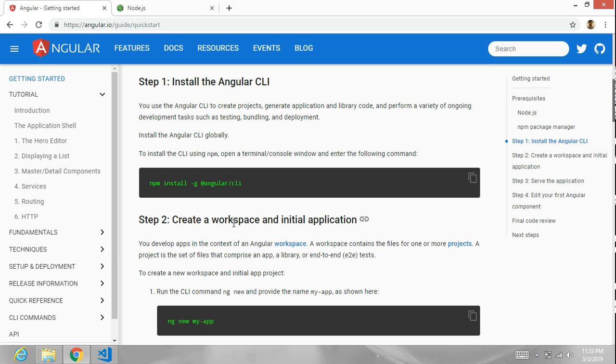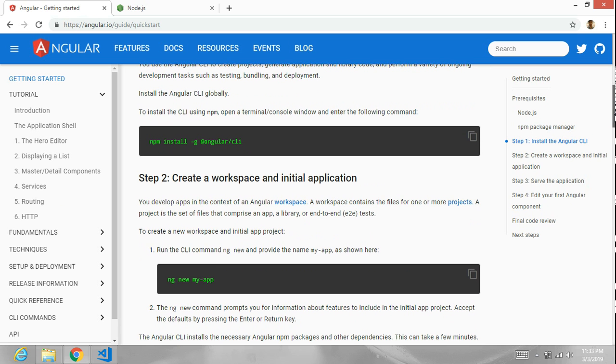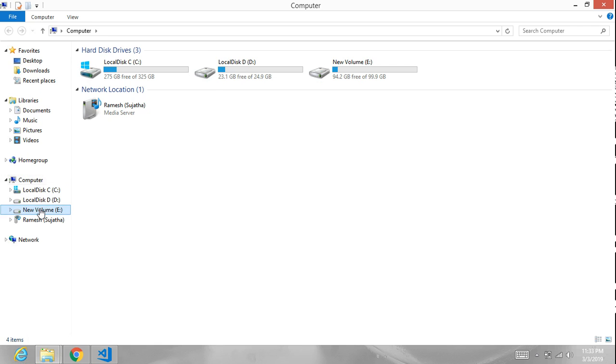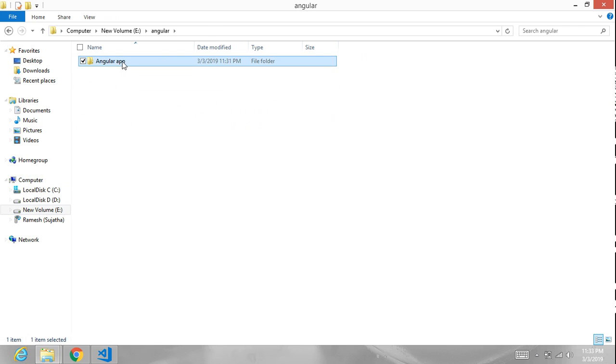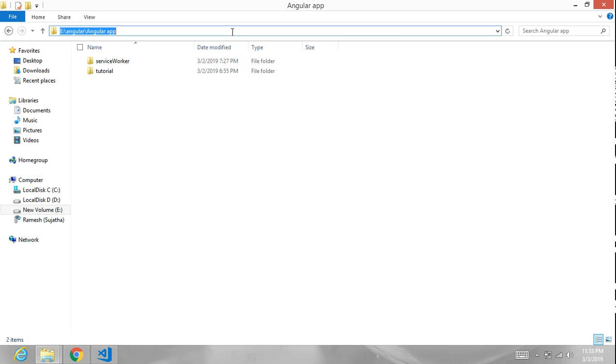Then we need to have a workspace, because all the Angular applications we develop live in one so-called workspace. I have created one workspace called Angular apps. This workspace can contain one project or more than one project, and I created many projects there. So let's create a first project. Go to the command prompt and here